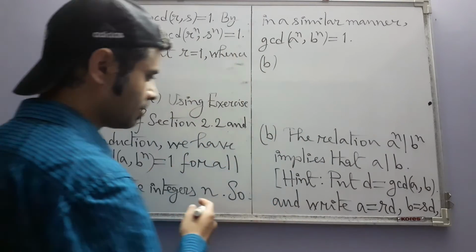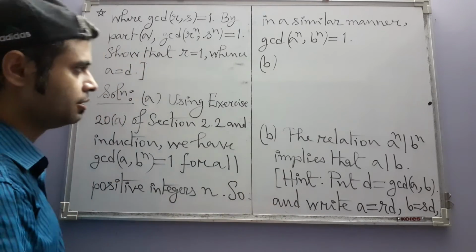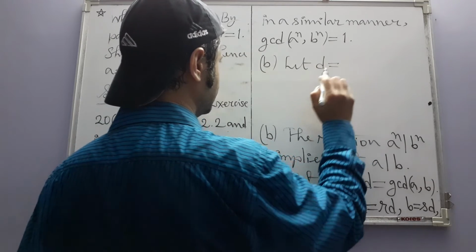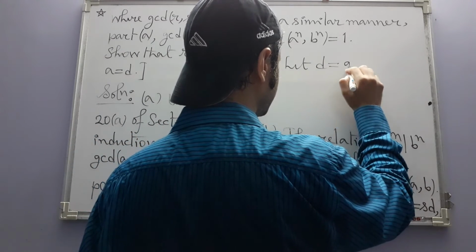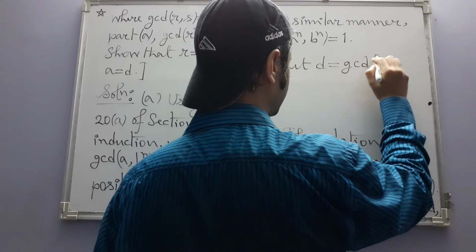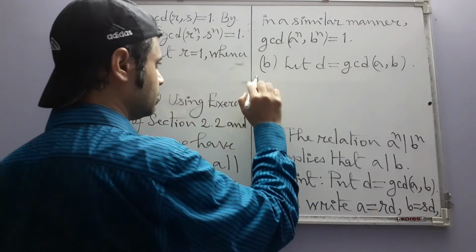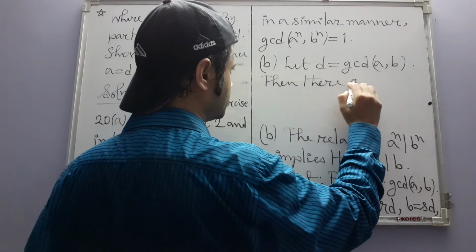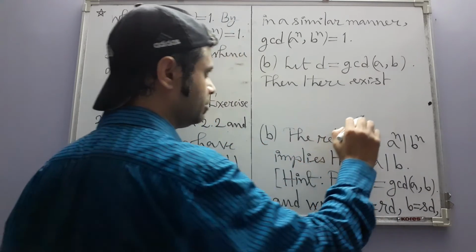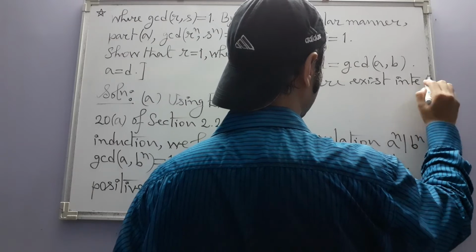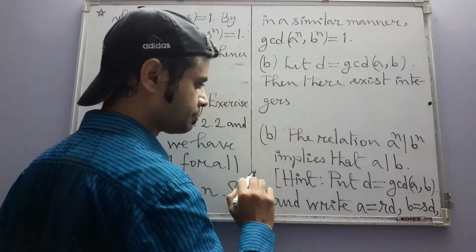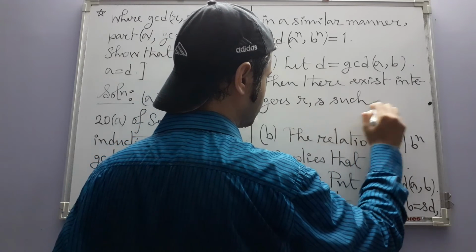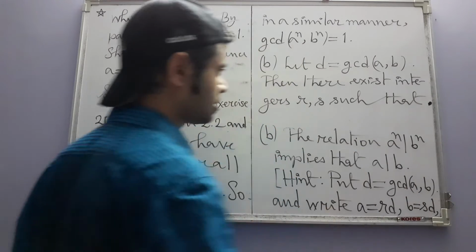In part B, let's just first of all blindly follow what has been written here. Let, and then we will see how we can use these things. Let D be the GCD of A and B. Then there exist integers R and S such that